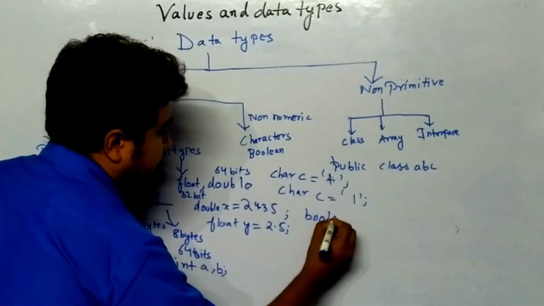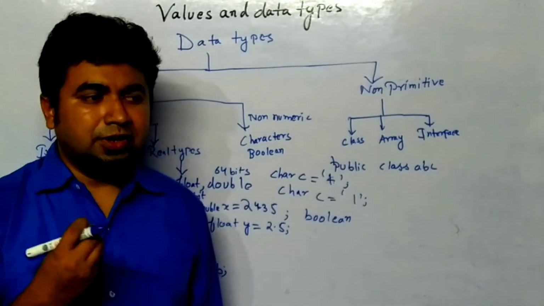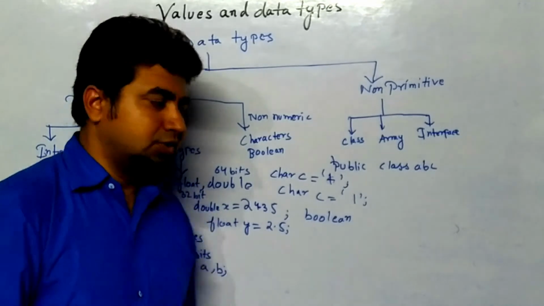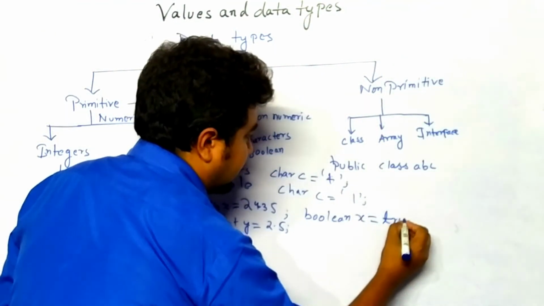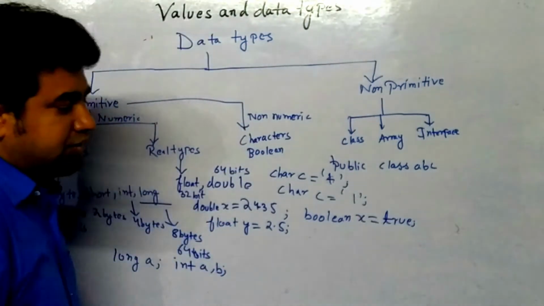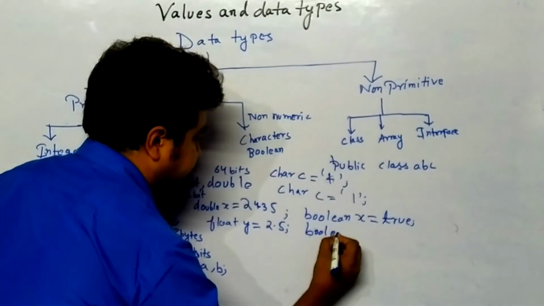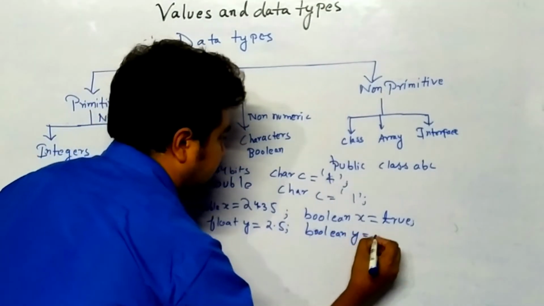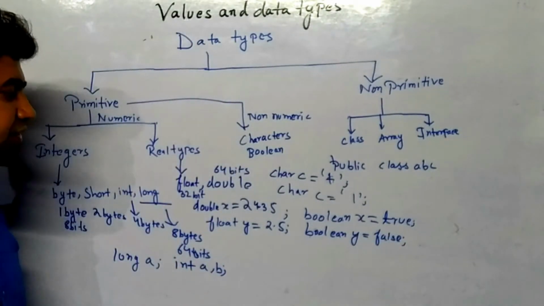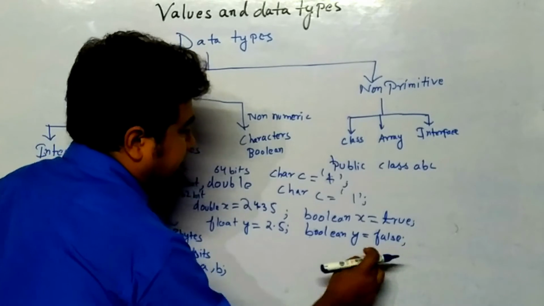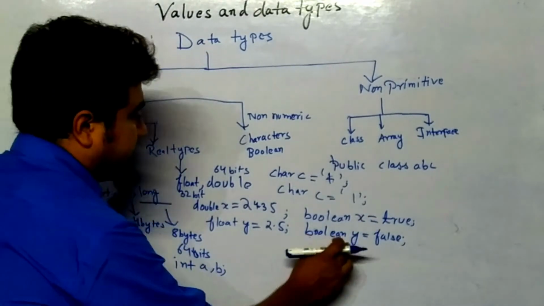Now if you want to use boolean, how to initialize boolean? Boolean is also like a string only, but it is not a string. It is written without double quotes. Boolean x: if I want to initialize true, true is written in small letters. You can see clearly here, true is written in small letters. Then boolean y, y will be equal to false here. False is written, all the things are written in small letters here. So you can see clearly that x and y are storing different values. This is with respect to boolean.